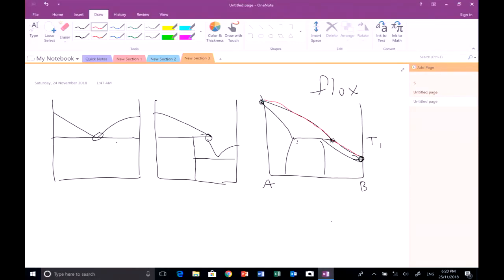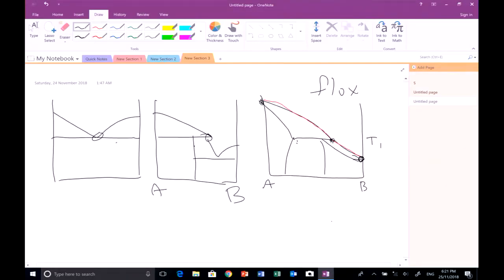And you can see that the liquidus surface is dropping from A to B. When that happens, we say that B is a flux for A. B lowers the liquid formation or liquefaction extent of A. Okay, so B is a flux for A. In this case over here,